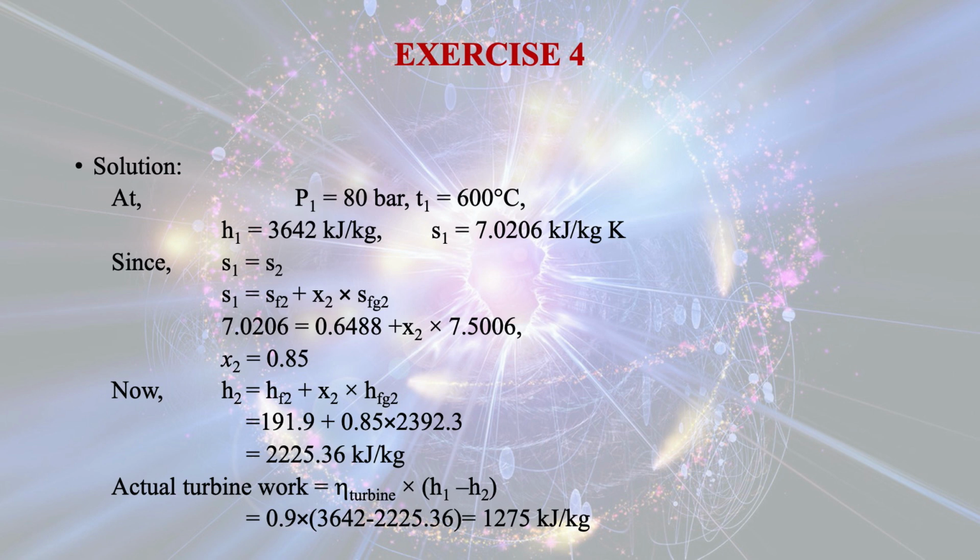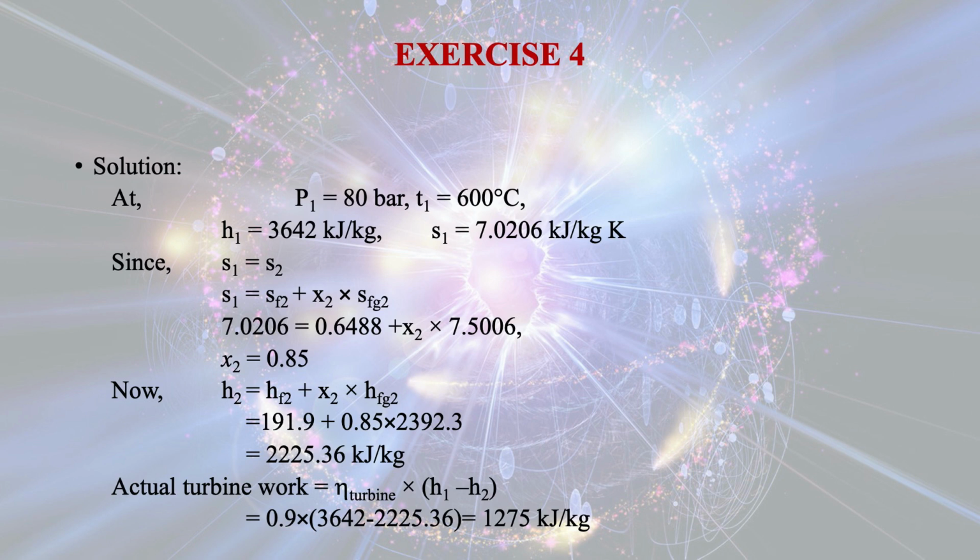So at this point we can calculate the enthalpy H2, that is H2 is equal to HF2 plus X2 multiplied by HFG2, and HF2 and HFG2 you can get from the steam table. Finally you can calculate H2, that comes out to be 2225.36 kilojoule per kg, and actual turbine work is equal to efficiency of the turbine multiplied by H1 minus H2. For this case, since 90% turbine efficiency is given,